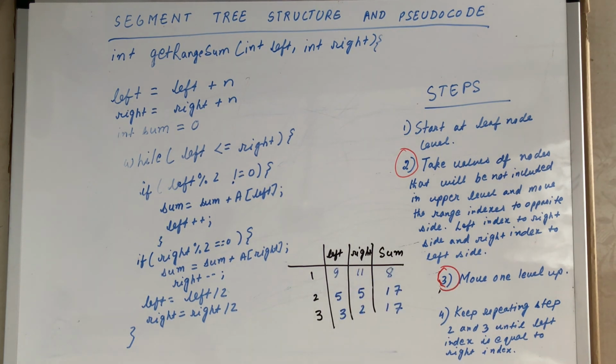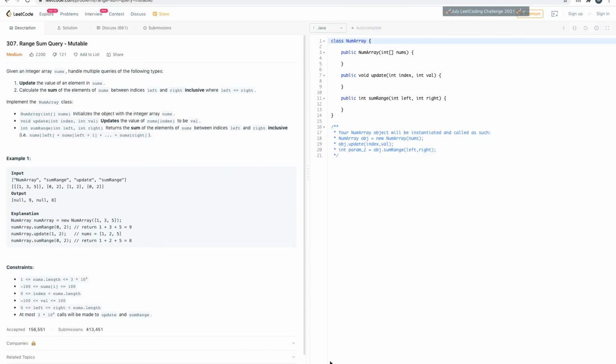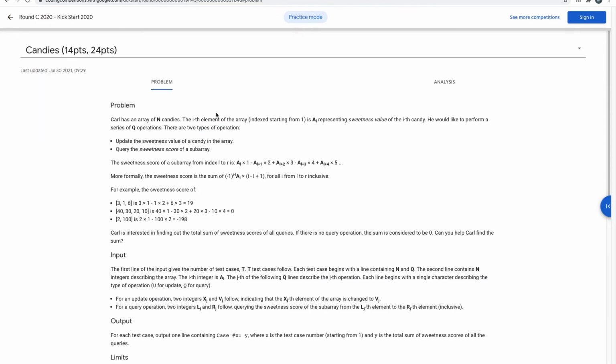Now is the time to put the knowledge of segment tree into practice. You should practice this problem from LeetCode. This requires a straightforward implementation of code shown in tutorial, but will give you lots of confidence when your solution passes all the tests. After this problem, I want you to try this problem from Google Kickstart. But I do not want you to solve this problem as it is.